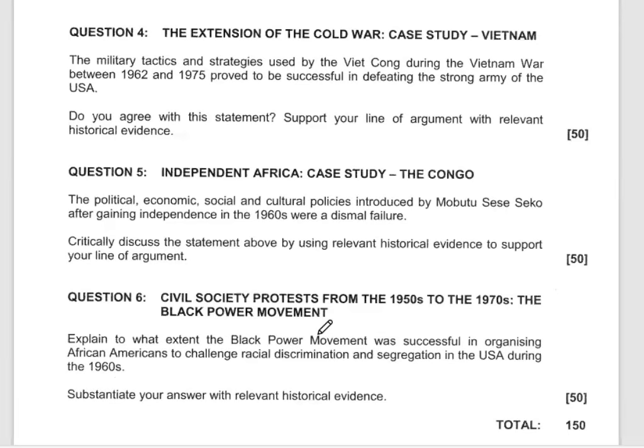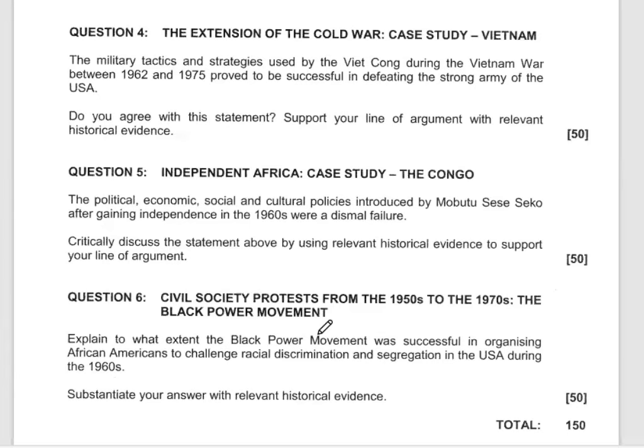In as much as you have the content, the examination requires you to answer the question. You may have the content, but fail to apply the content to the context of the question. So what I'm going to guide you through here is how you were supposed to structure your content, how you were supposed to align your content to the questions.